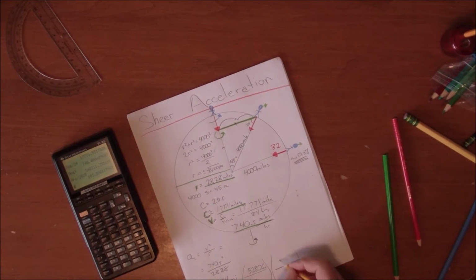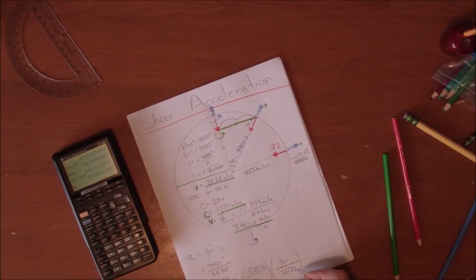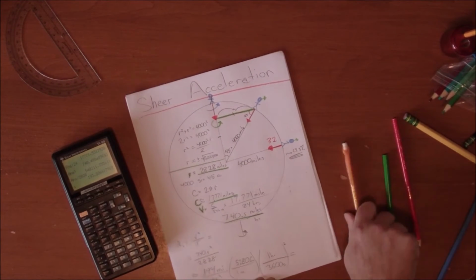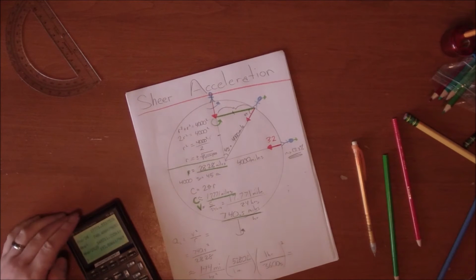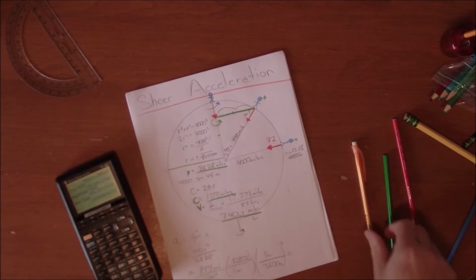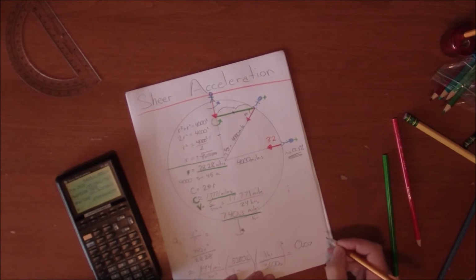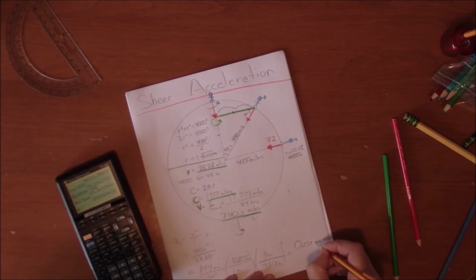Hour squared, 1 hour is equal to 3,600 seconds, and that conversion is squared. So we have 194 times 5280 divided by 3,600 divided by 3,600. And I get 0.07899. So I'm going to do 0.79